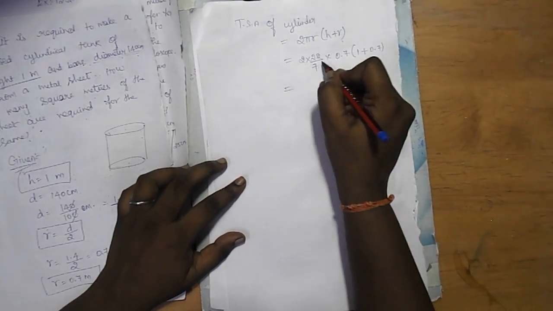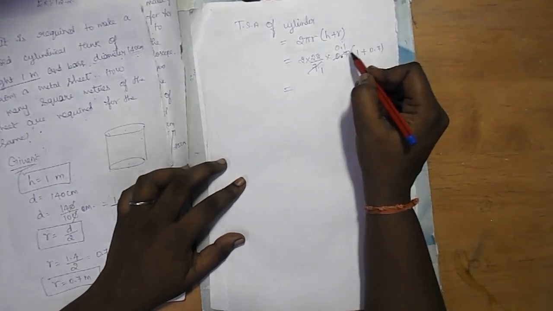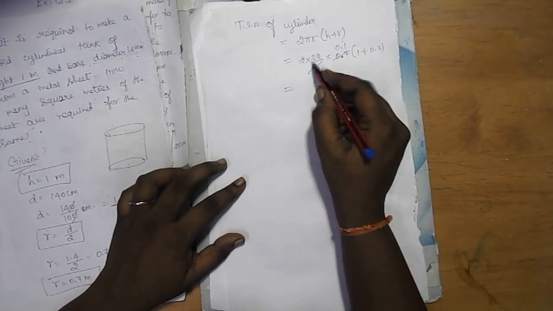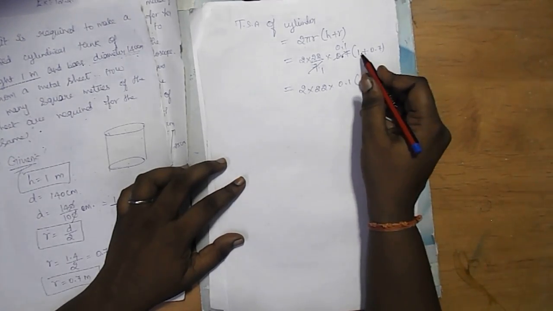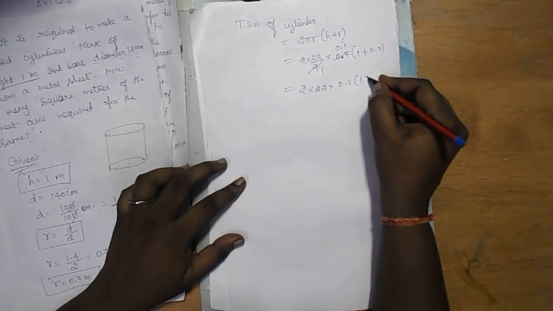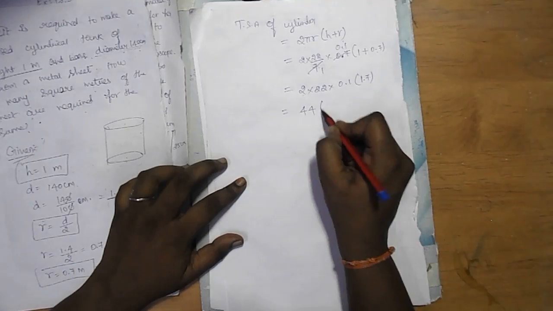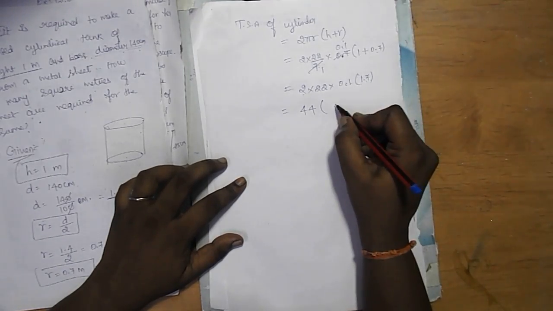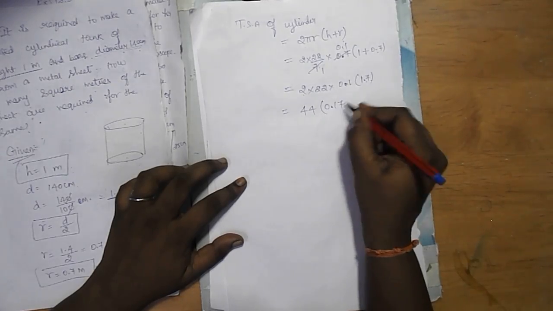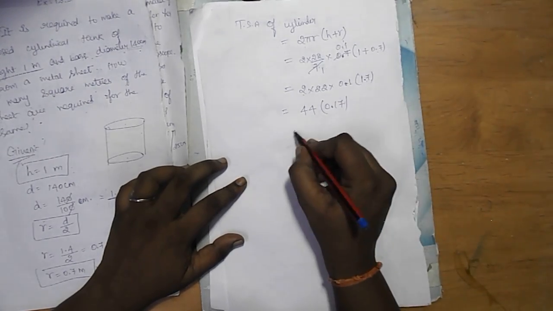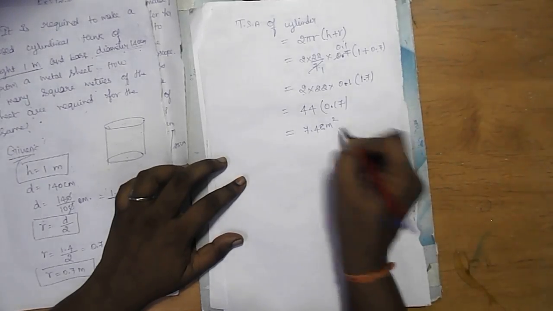Okay, so 1 7s are 7 and 0.1, because this is a point value. So 1 7s are 7, so 0.1 is 0.1. So 2 into 22 into 0.1 into 1 plus 0.7, we get 1.7. So multiply 2 into 22, 44. Then 1 times r, so 1 7. So here one point and here one point, so 2 points. So 2 points are counted. So 0.17 we multiply, we get 7.48 meter square. Okay.